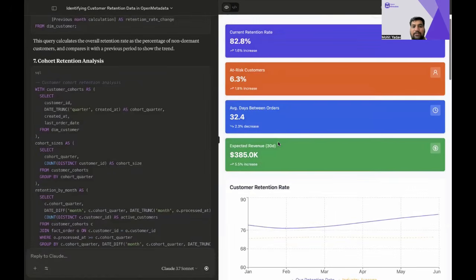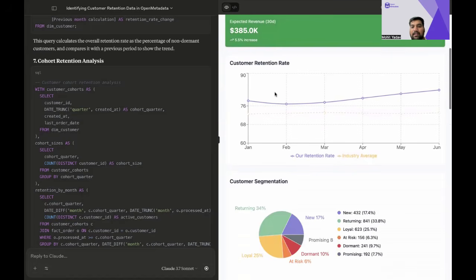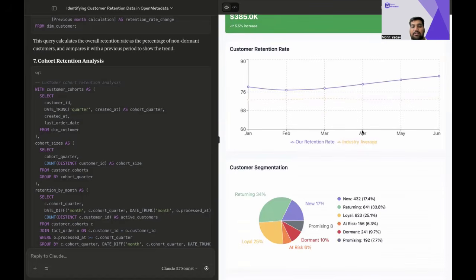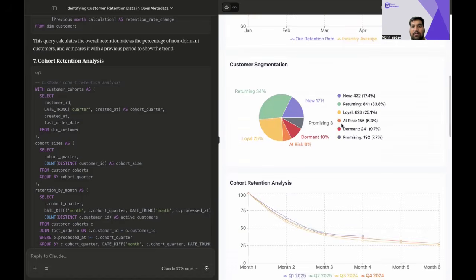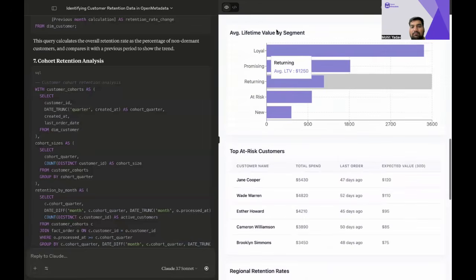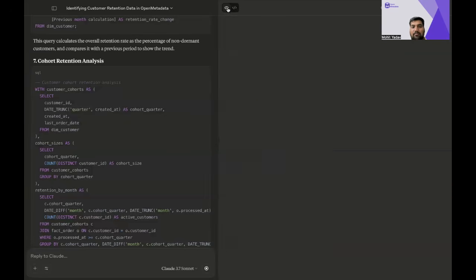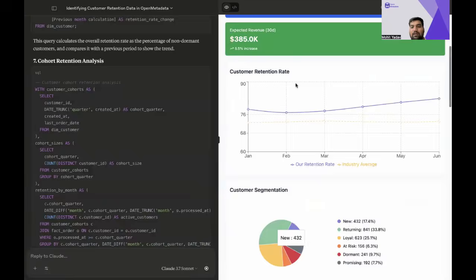But you get a nice dashboard where you can visualize the current retention rate, what percentage of your customers are at risk, and you can also get a bunch of graphs and pie charts giving you the customer segmentation, what percentages are new and whatnot, right? In actual scenarios, you will give the actual data and then just simply use the same code, supply it, and then get a visualization of how things are happening.